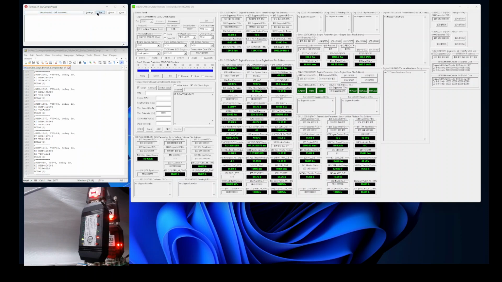So I click clear and then connect. So disconnect again. You can see our RPM is 5,000. That's exactly the output. Mile per hour is